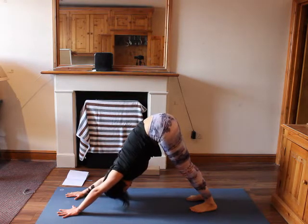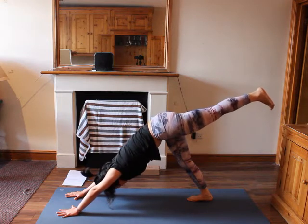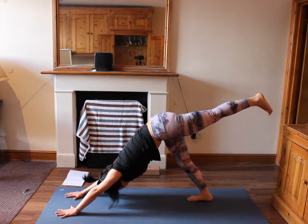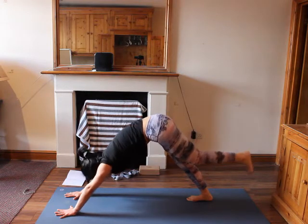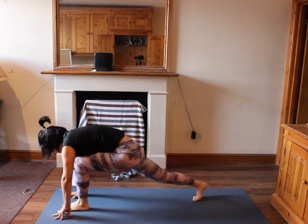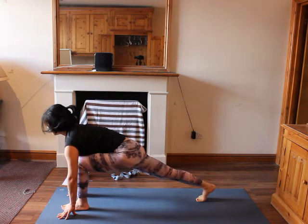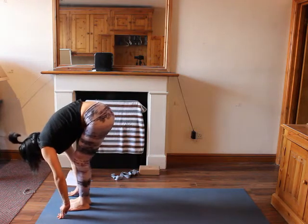Inhale, lift up your left leg to the back, hips are squared. Really send your weight to your right leg, feel the stretch on the back of your right leg. Look between your hands, and then roll down your left foot to the front, lower lunge. Hips squared, sink both hips down, look to the front, and then step your right foot to meet your left foot,